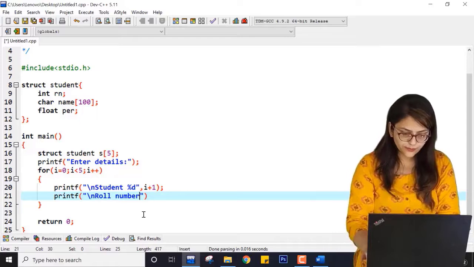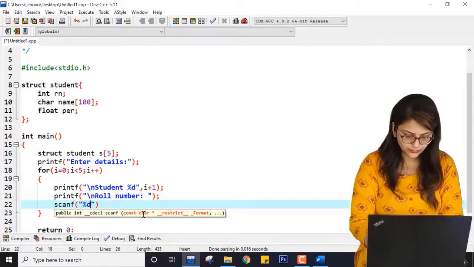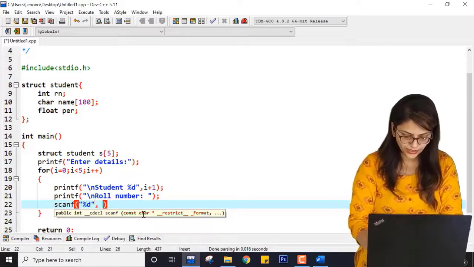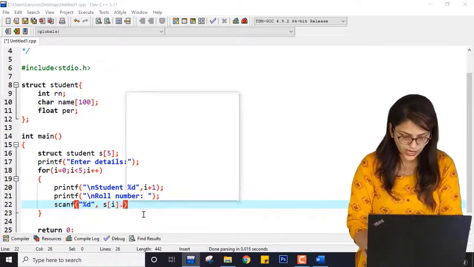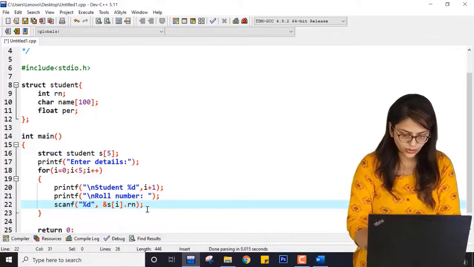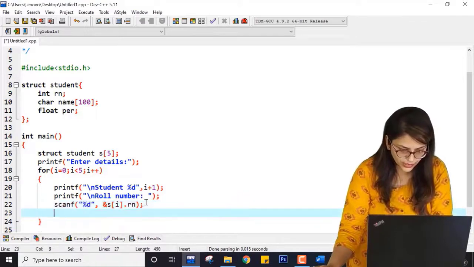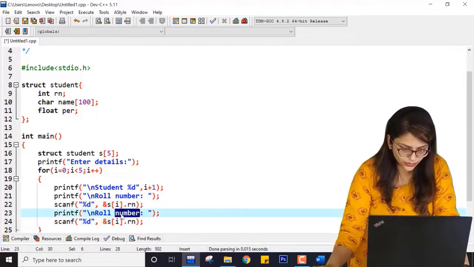Roll number, and it will be scanf %d, and what will we write? We will write s of I dot rn, and here it will be the ampersand sign, and here it will be semicolon. Let me copy this and paste it over here.